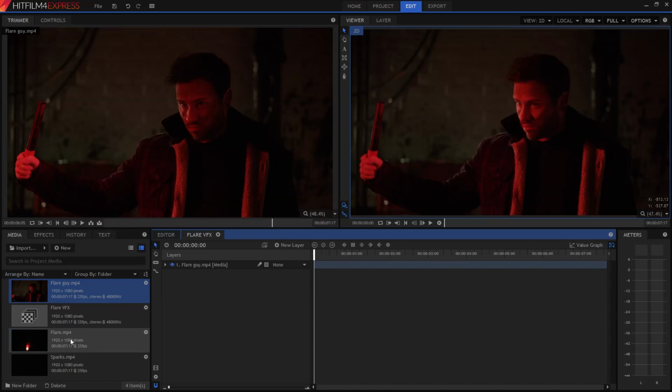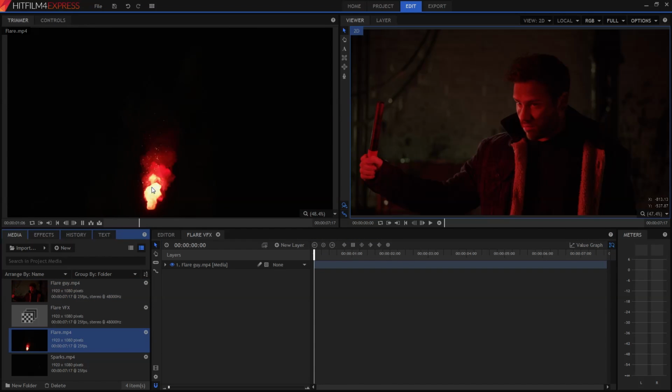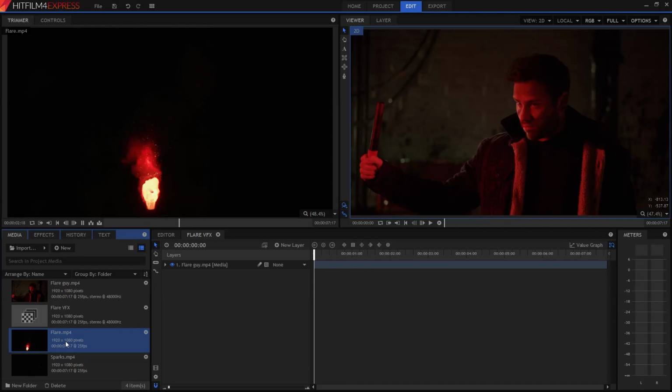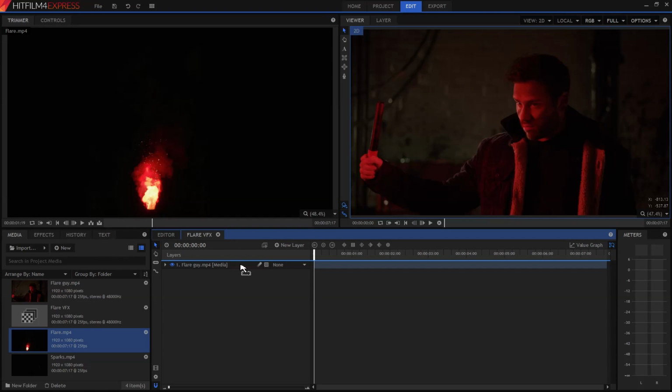Over here in my media panel, you can see that I've got videos of sparks and smoke. This is called stock footage, and it's a good idea to start building up a library of this stuff. The whole point of stock footage is that you can bring it out whenever you need it and reuse it across multiple projects. I can drag one of the stock clips down onto my timeline, creating a new layer, and